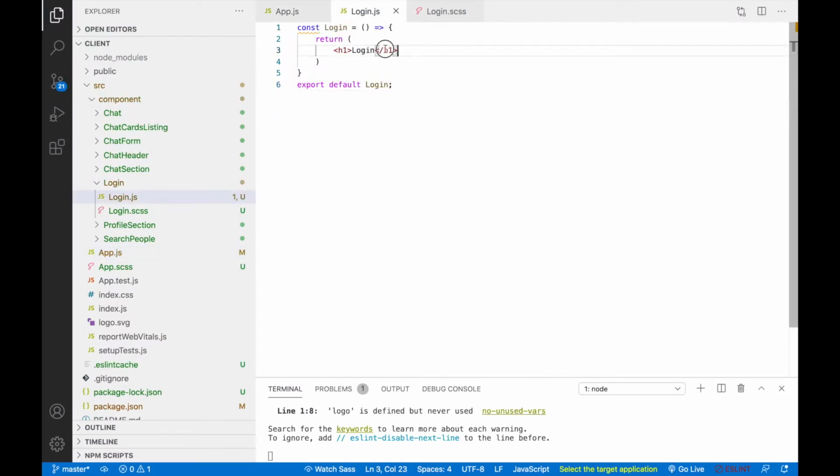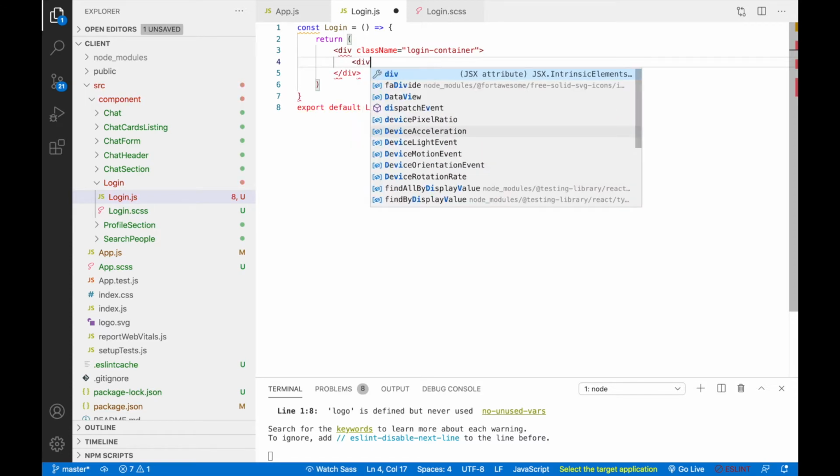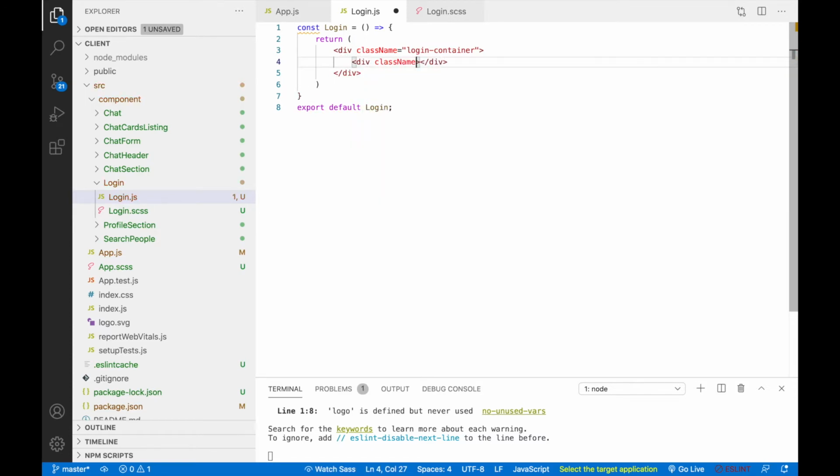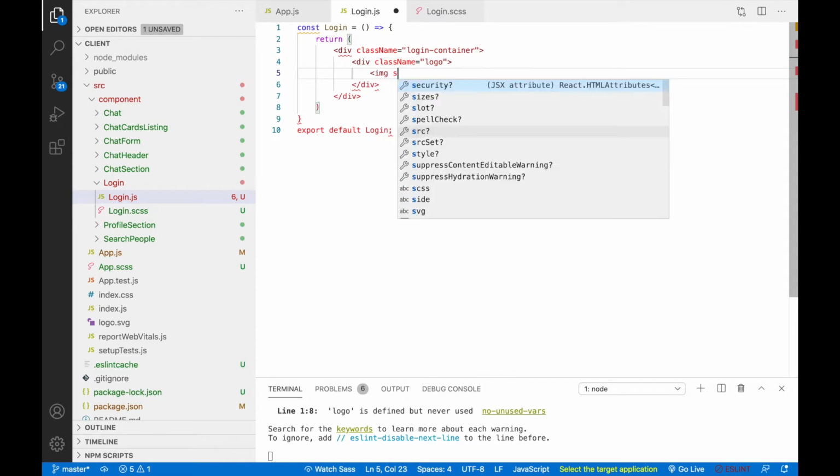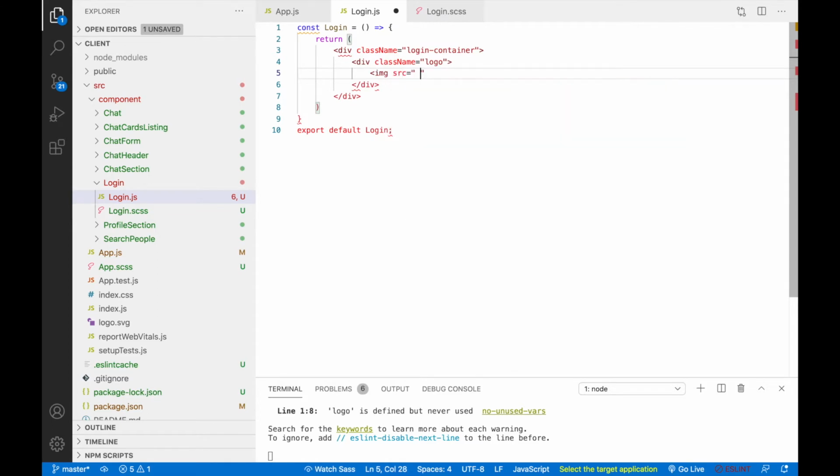Okay, so here we'll create one div and the class name will be login container. Inside this we'll create one more div and that will be our logo. Here we'll write image and src for that image will be our WhatsApp logo.